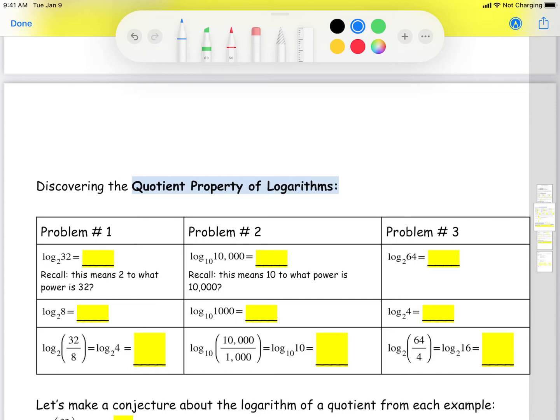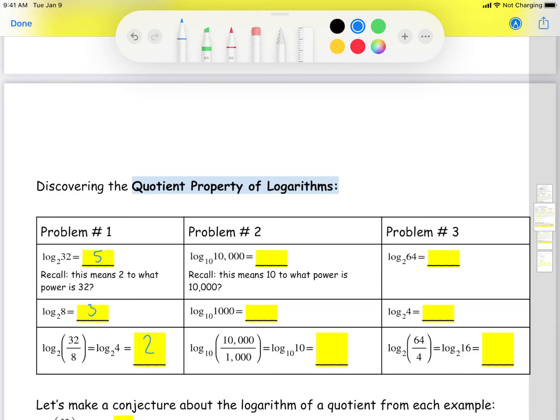So again, that's just kind of a cursory glance. That's kind of what we think is going to happen here. Let's look and see if that really happens. Okay. So problem number 1: log base 2 of 32 is what? 5. Okay. Log base 2 of 8 is 3. And if I look at log base 2 of 32 over 8, it's the same thing as log base 2 of 4, which log base 2 of 4 is